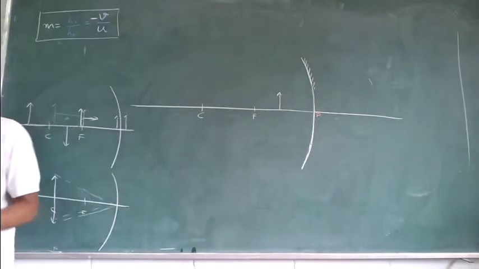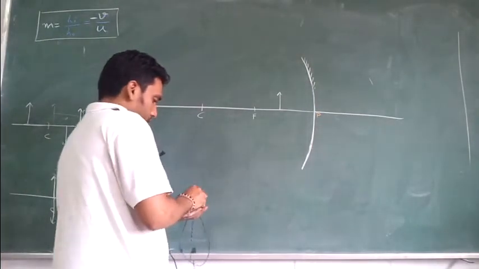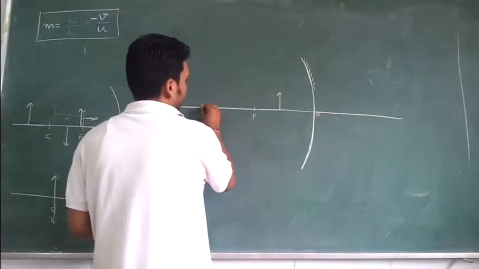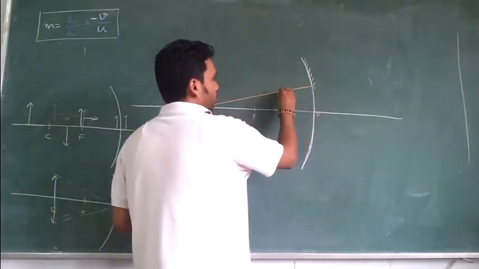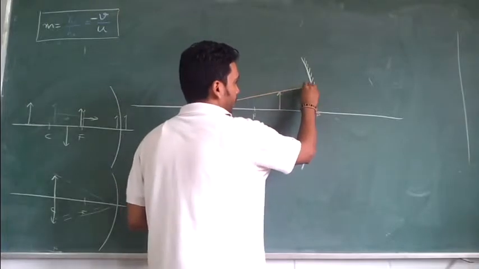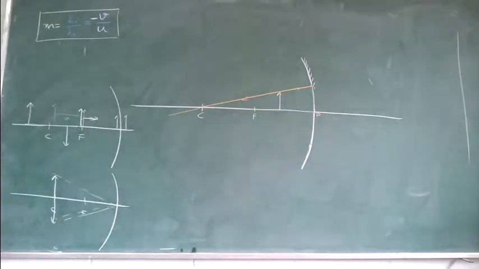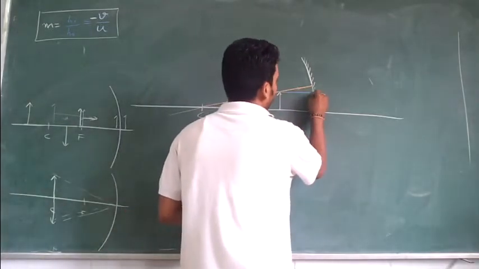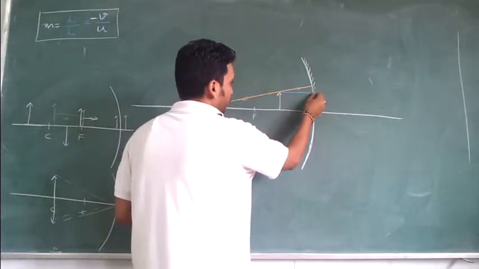Now one ray, what will you choose to draw? Okay, I'll draw the coolest one first, because that is in range. It is this ray, right? Actually originating from here, it goes to the mirror and reflects back, and this is the normal, right? It goes through the normal, comes back from the normal. Parallel, what will happen to this? It will reflect and come through the focus.